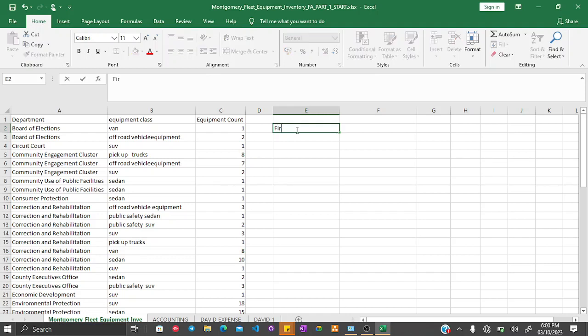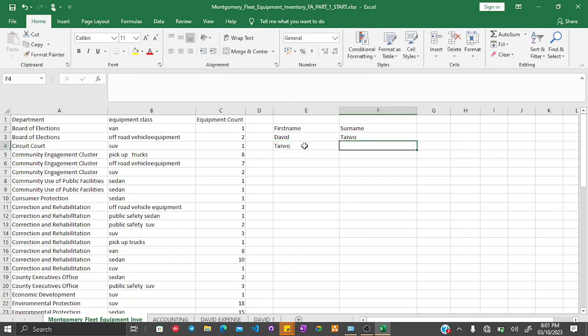Now I have first name and I have surname. Okay, so my first name is David, my surname is Taiwo. So let me just do Taiwo and David. So let me just do boy, girl, girl, boy,